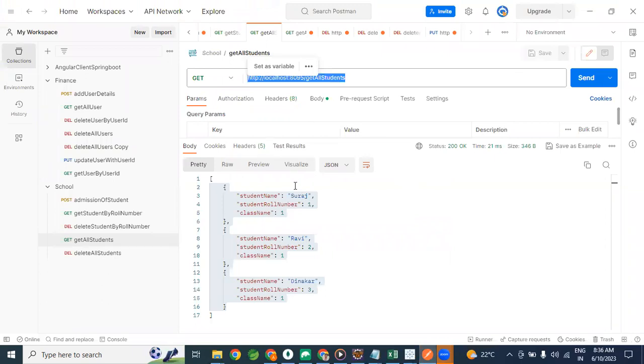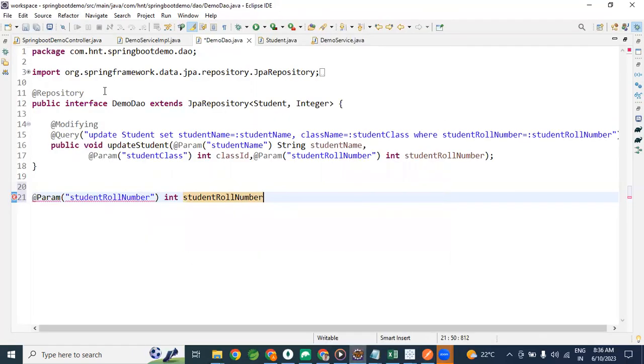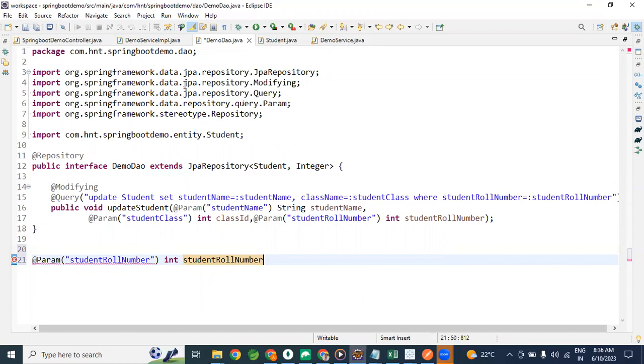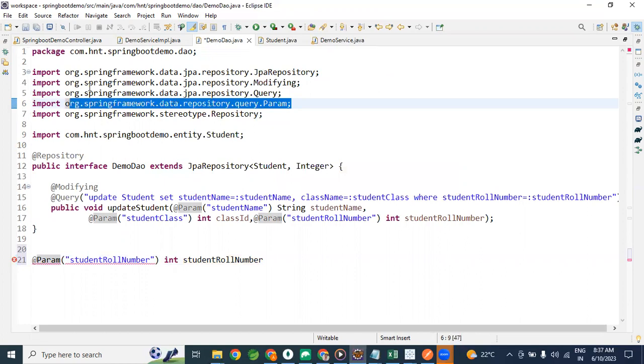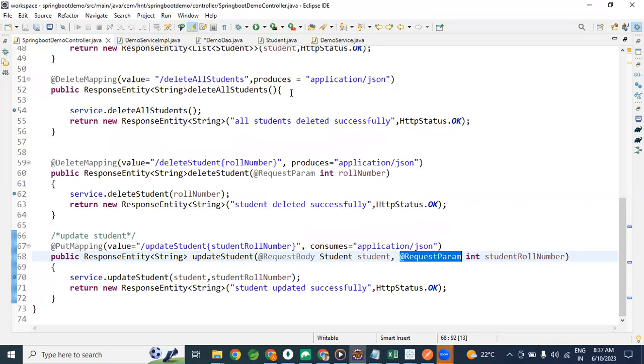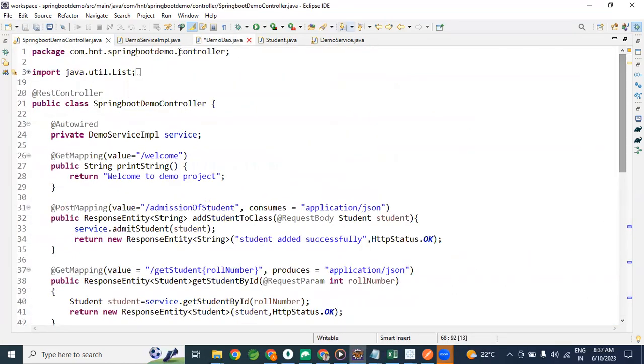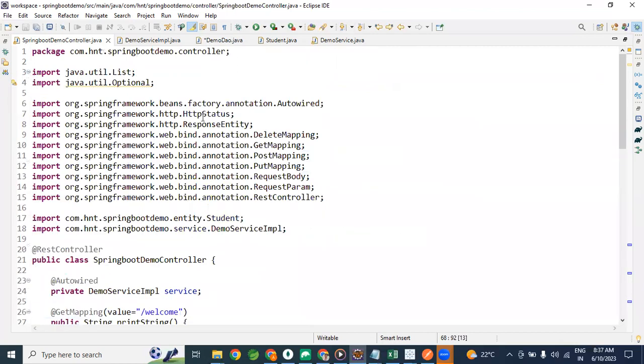This is related to HTTP. But if you see the imports, @Param is coming from the query, from data.repository. If you go to the controller and see where RequestParam is coming from, RequestParam is coming from the Spring framework annotation, but @Param is coming from